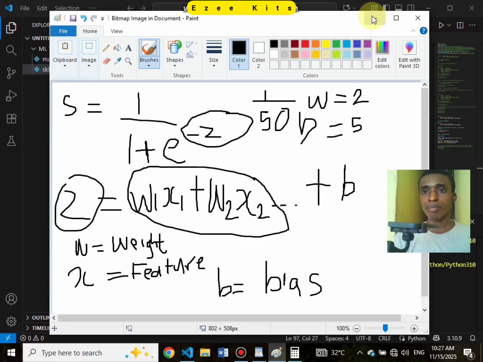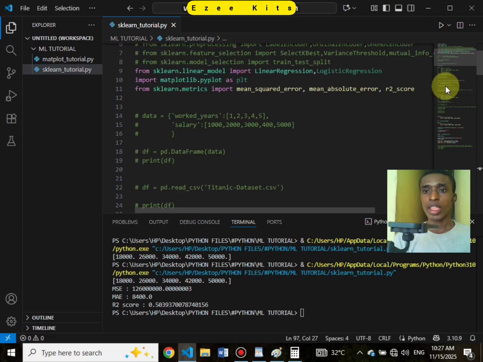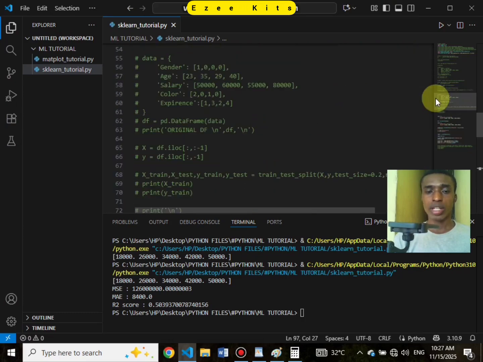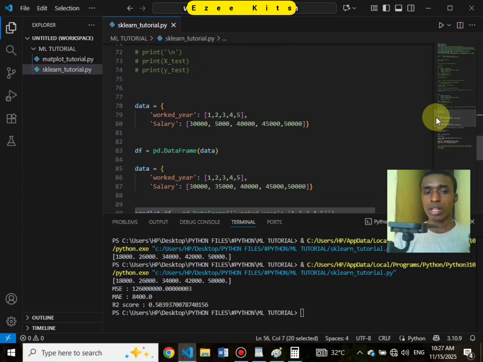But let's see how we can implement logistic regression. Remember, the first thing, I've already imported the logistic regression. Which data can we make use of? Should we make use of the gender, age, salary, color, and experience? Our target can be the gender, even though not. Let's not make use of that. Remember that on real data, in a real life scenario,